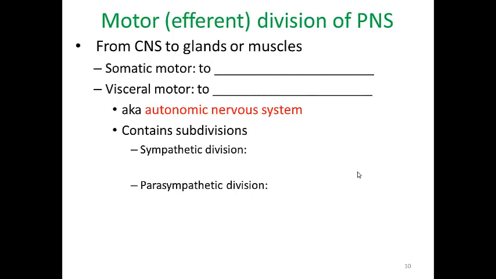It's called the rest and digest division because it turns down or rests most of your automatic body systems, with the exception of digestion. Digestion is turned up under parasympathetic control, and this again makes sense. When you're resting, that is a good time to digest whatever it is that you had for lunch. You can think of the parasympathetic division as like a parachute. A parachute slows you down when you're falling through the sky, right? And the parasympathetic division slows down most of your body's activities with the exception of digestion.